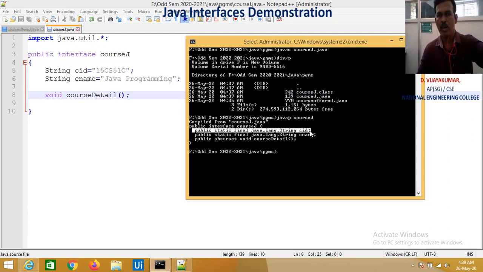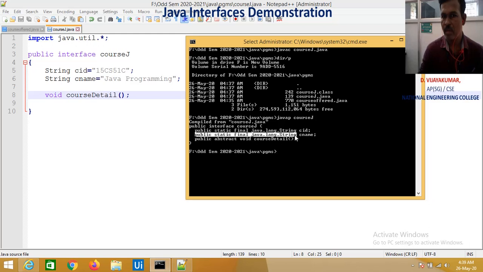So automatically it takes the variable CID which I defined in the interface as static, final, then the data type which is java.lang.String, and like that it considers public, static, final, java.lang.String CNAME. So both member variables CID and CNAME are by default added with static and final.